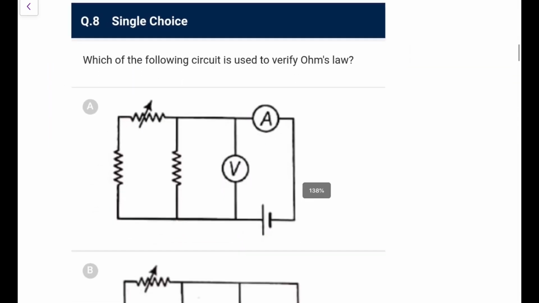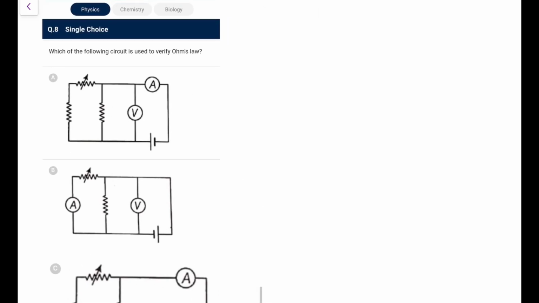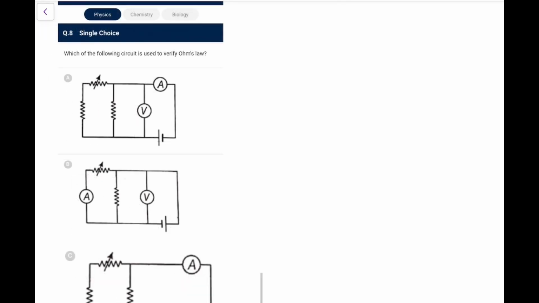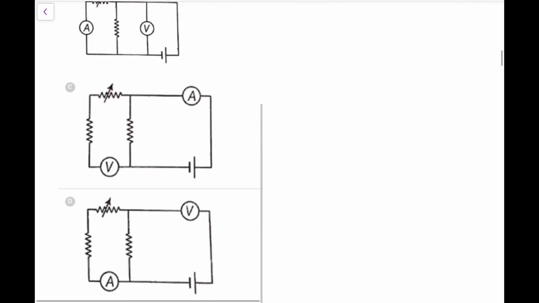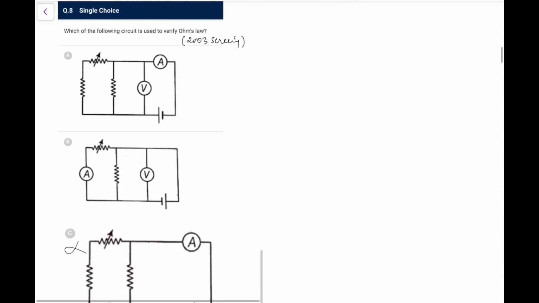Which one of the following circuits is used to verify Ohm's law? So you know, the voltmeter is connected in parallel, and the ammeter is connected in series to the resistor we are measuring. Now this one is a very tricky one. I remember this is from the 2003 screening of IIT, and you get two answers for this at many sources. One will give A, one will give B. Now I'll tell you how to make it out. You know D and C are false because the voltmeter is not connected like this. Now in both of them the V is going to remain the same. The voltmeter will always give the same reading, that is for sure.